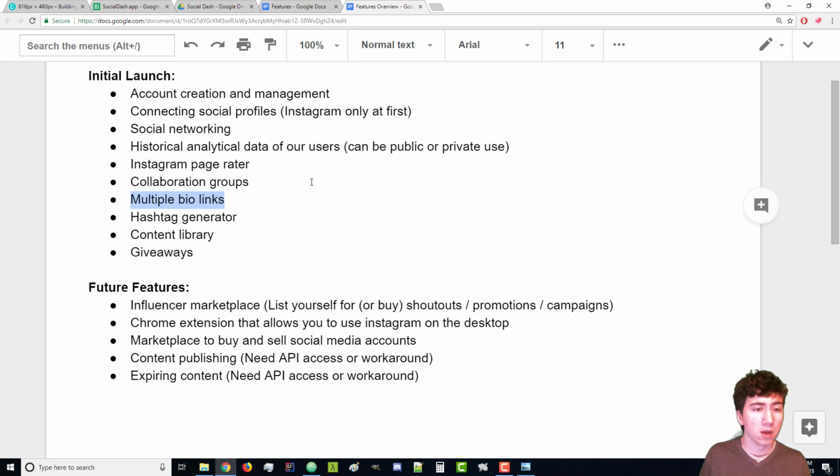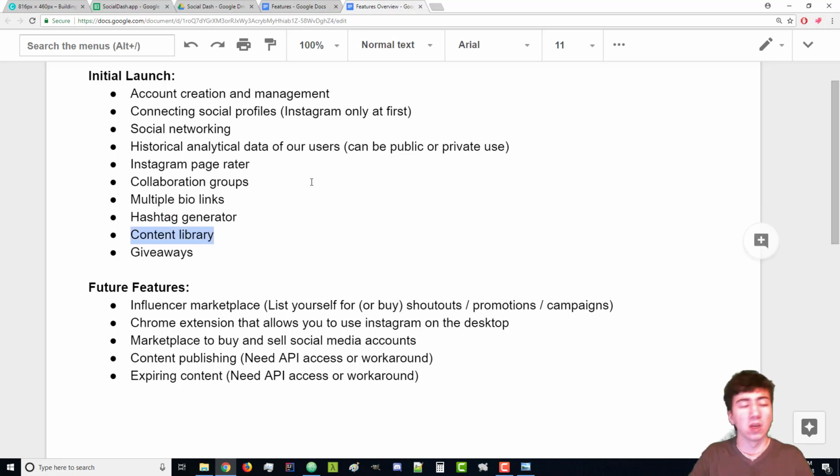and that's why I'm wanting to include it into this right here. The next thing is a simple hashtag generator, pretty self-explanatory. You enter a hashtag like travel and it'll go and search the best performing travel posts at the time, and it'll understand the other hashtags that all of them are using in common, and it'll tell you those. So that's the goal right here, is just a simple free hashtag generator.